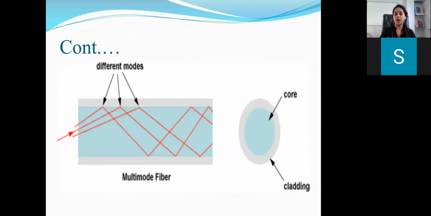Okay, so we will see how the light travels in this. This is how the light is traveling. This is the source. Okay, which source? After encoding, the data has to be entered in the cable. So this is entering from this end. Okay, this light is traveling at this point, it is getting back reflected, and inside this cable the light is propagating in this manner. Okay, and this is the cross sectional area. Here you can see core and cladding together. Okay, so here core is the inside covering and the cladding is the outside covering.